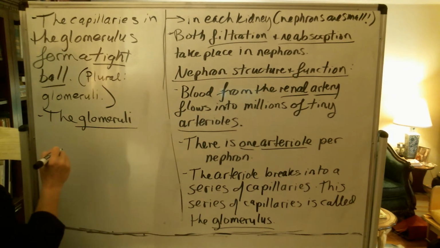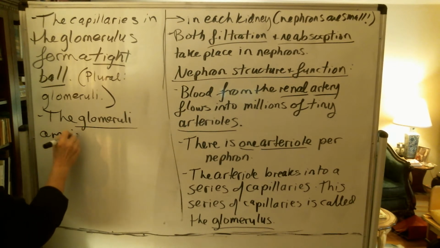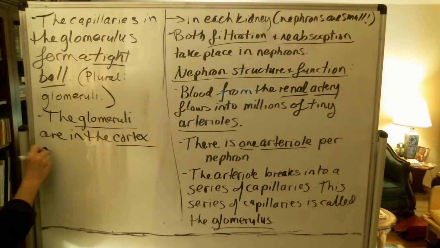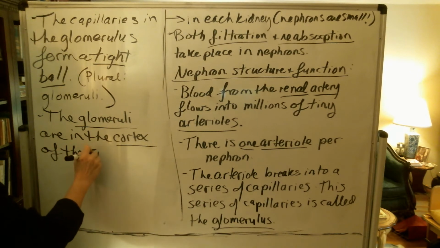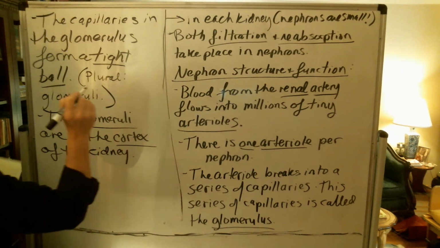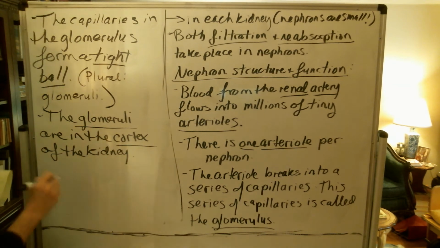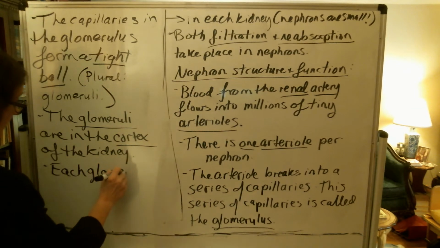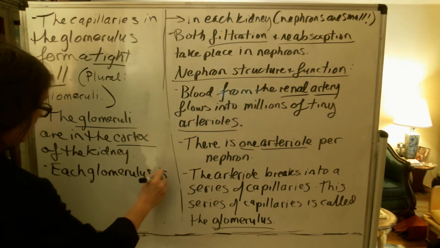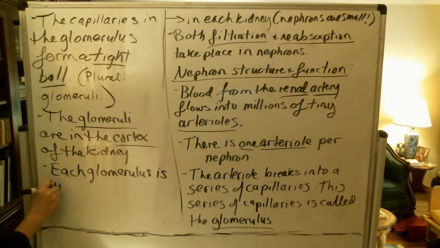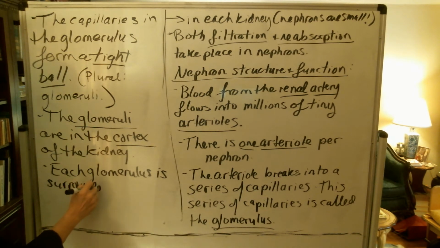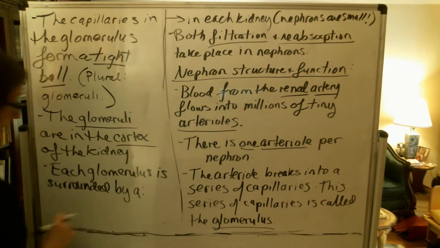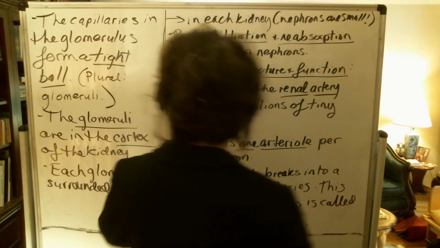So the glomeruli are in the cortex of the kidney. And each glomerulus is surrounded by, and I think I will continue it up here,